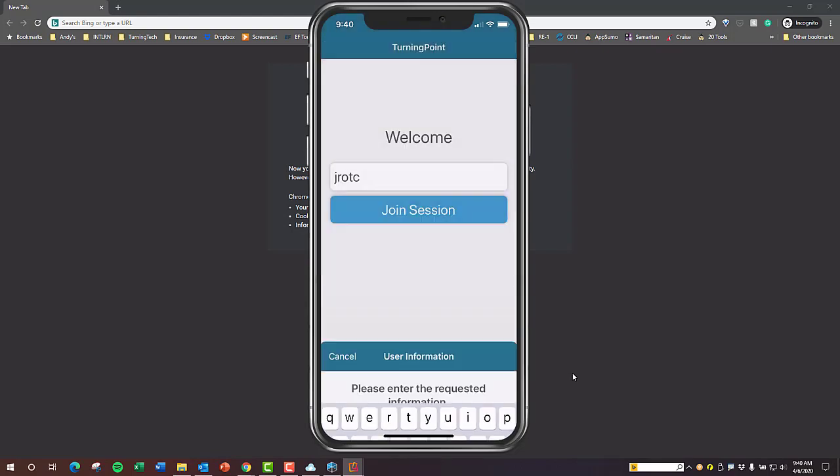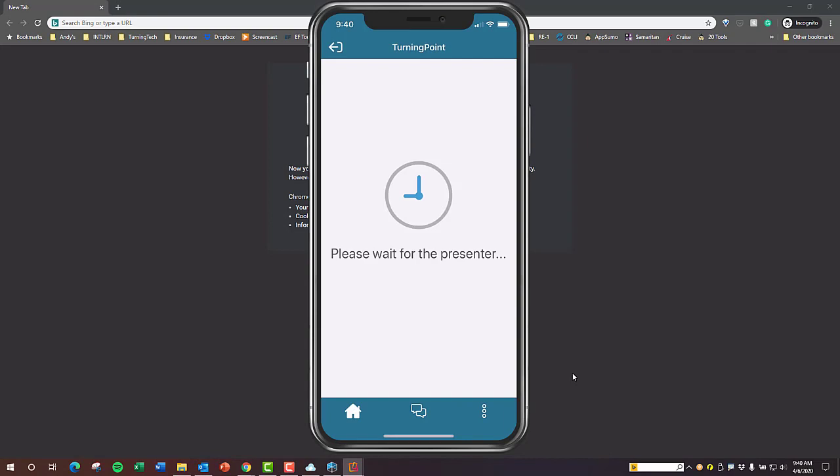And then I click submit. And now I have joined the session. It says, please wait for presenter. It's important to note that the only thing that will show up on the TurningPoint app and the browser edition